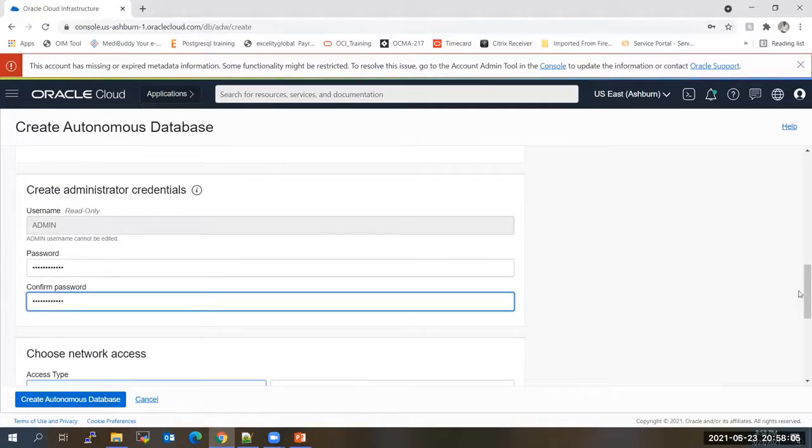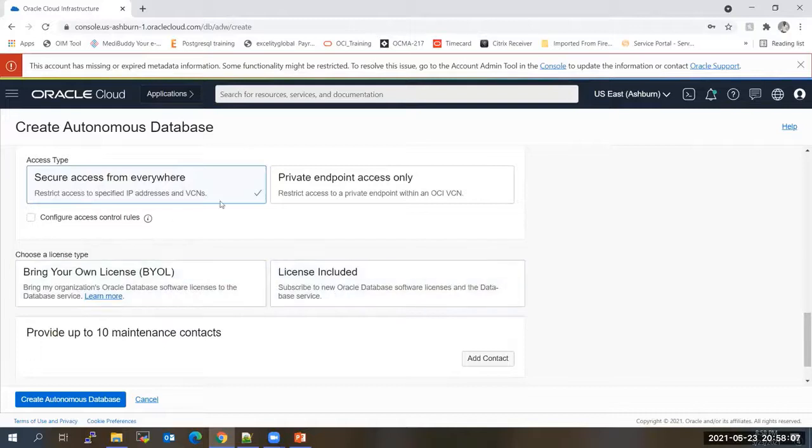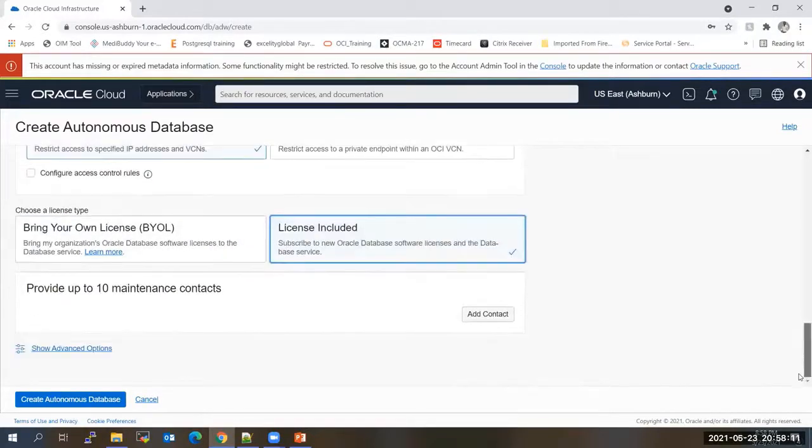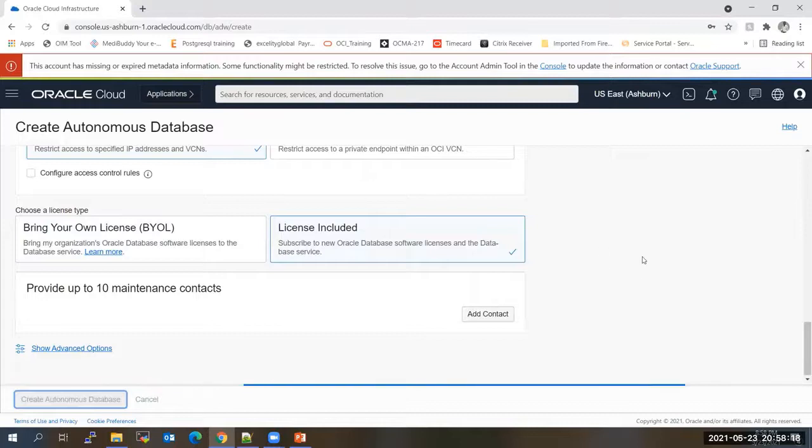Now here you have to select license included. If you have your own license, you can use bring your own license. Yeah, it's creating.